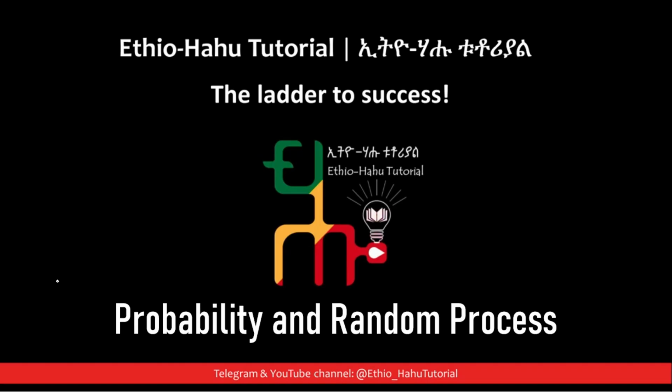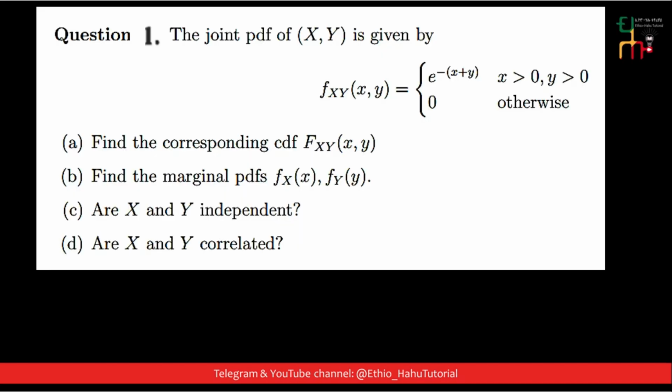ዛሬ የምናየው probability and random process ጥያቄዎችን እናያለን። Question number 1: the joint probability density function of x, y is given by f_XY(x, y) = e to the power of minus (x plus y) for x greater than 0, y greater than 0, and 0 otherwise ነው የሚለው። Continuous random variable ነው። Joint probability density function ሰጥቶናል። Find the corresponding CDF, the corresponding joint cumulative distribution function capital F_XY(x, y) ፈልጉ የተባለ ነው።